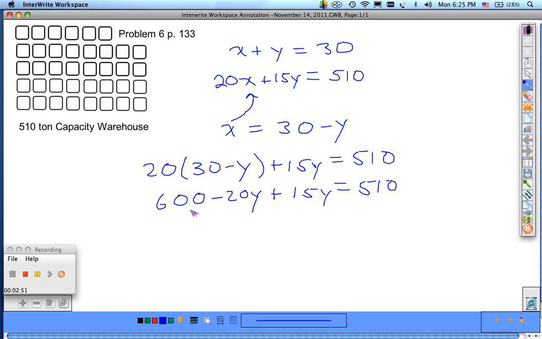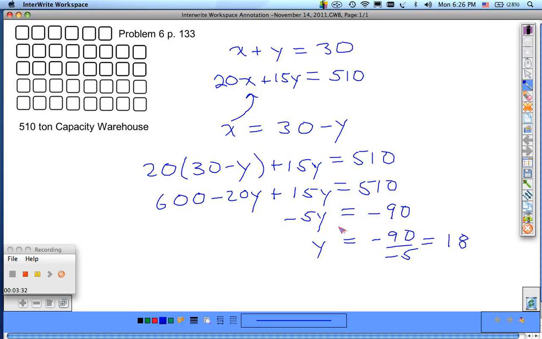All right. Now, I'm going to subtract 600 from both sides, and then combine the negative 20y and 15y. The negative 20y and 15y gives us minus 5y. Subtracting 600 from both sides, we get minus 90. Ooh, look at this. So y comes out to be a positive value. So we have minus 90 divided by minus 5, and 90 divided by 5, quick calculator here, we get 18. So y is equal to 18,